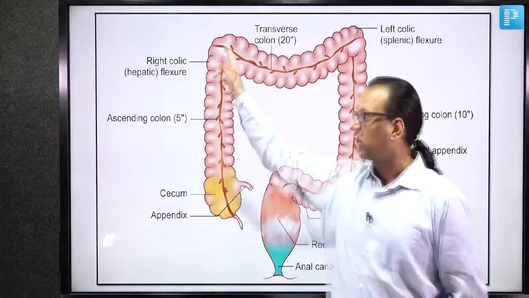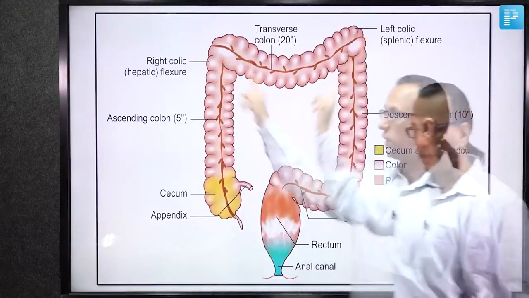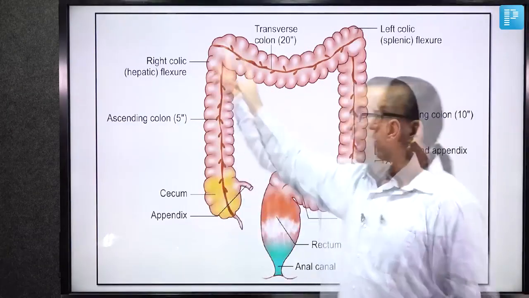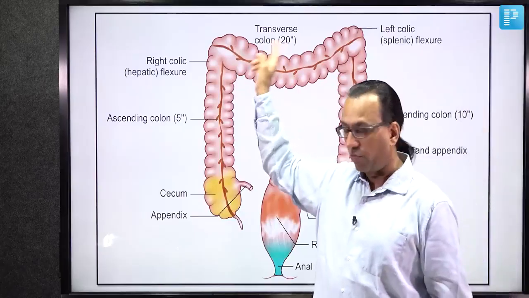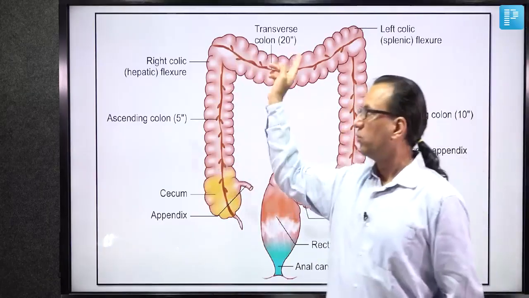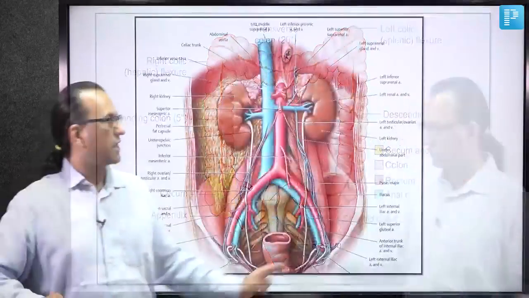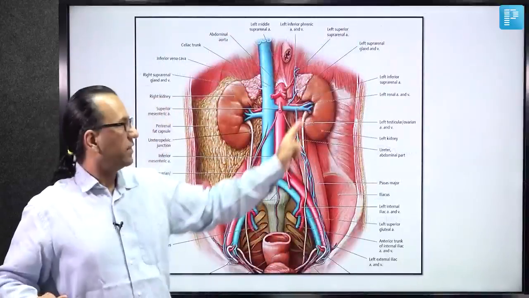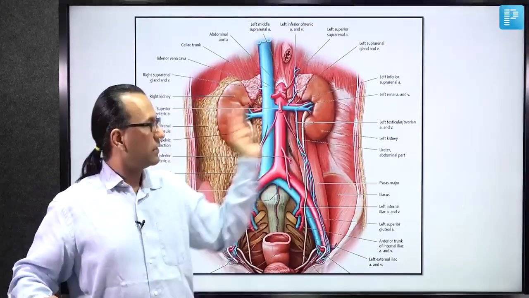Or you can remember the shortest segment becomes the longest segment. The shortest segment is the ascending colon and the longest segment is the transverse colon. 5 becomes 20, just to remember the length of the colon. Now this is a diagram which we will be magnifying in this area to see the 2 renal veins draining into